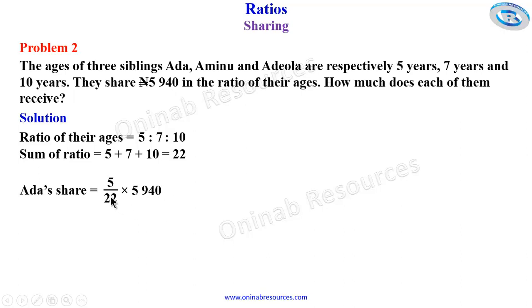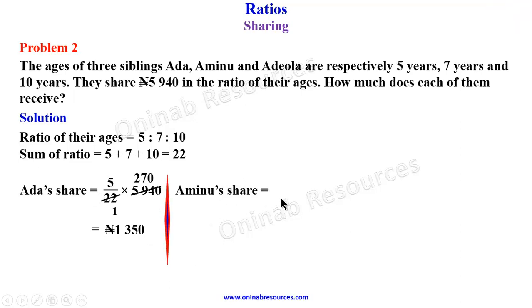5,940. 22 goes into 5,940 and gives 270. So 5 times 270 gives 1,350 naira, which is Ada's share. Then we go for Aminu's share. So Aminu's share is going to be 7, because his age is 7, over the sum of their ratio, which